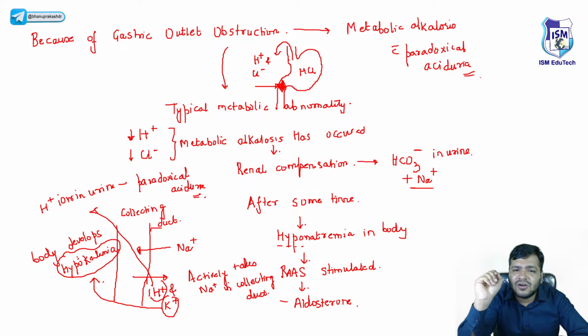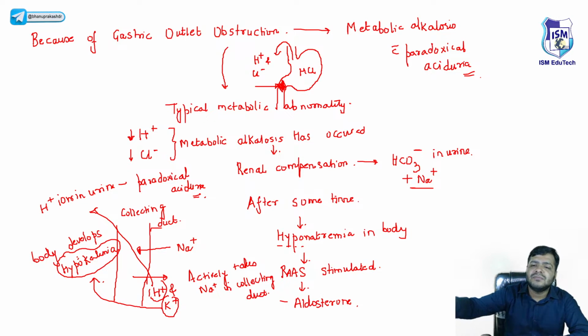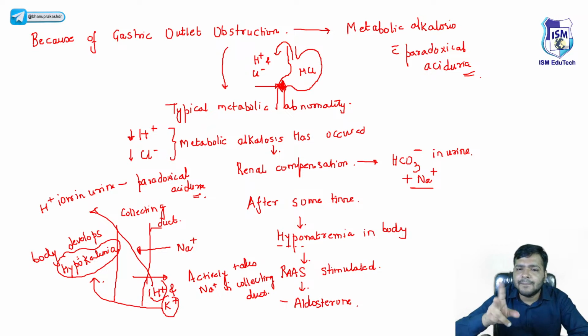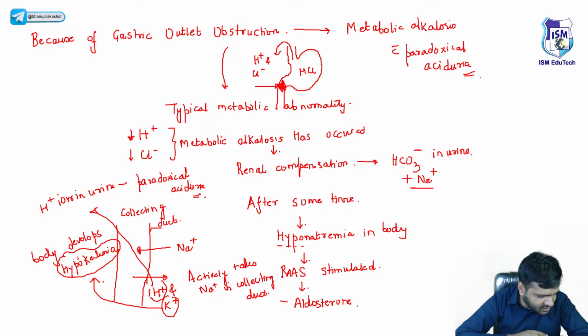अब अल्कालोसिस इज नॉट रिक्वायर्ड, तो किडनीज ट्राई टू कंपेंसेट। किडनीज क्या करती है, बिल्कुल मैच करने की कोशिश करेगी, तो ऑटोमेटिकली वो बाइकार्बोनेट आयंस यूरिन में सिक्रीट करना स्टार्ट कर देगी, और बाइकार्बोनेट्स के साथ साथ Na+ भी सिक्रीट होने लगता है ताकि कंपेंसेट हो सके जो लॉस हुआ है। बट आफ्टर सम टाइम अगर Na+ बॉडी से बाहर जा रहा है वाया यूरिन, तो मुझे खुद बताओ कि हाइपोनेट्रीमिया हो जाएगा बॉडी में।